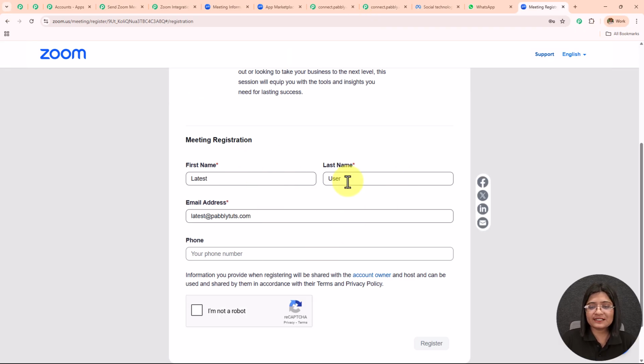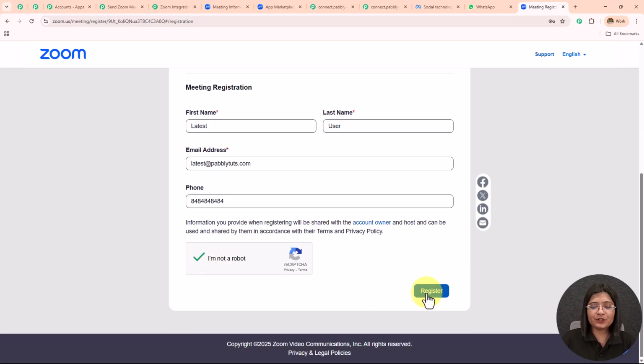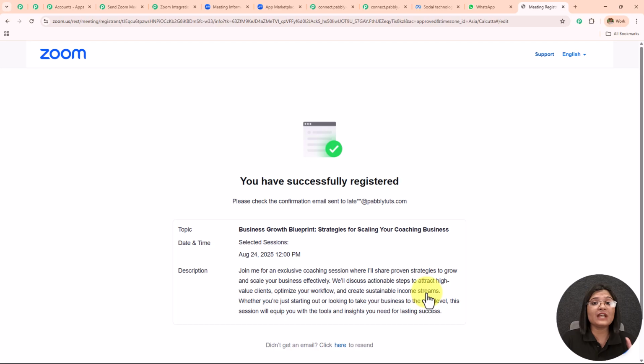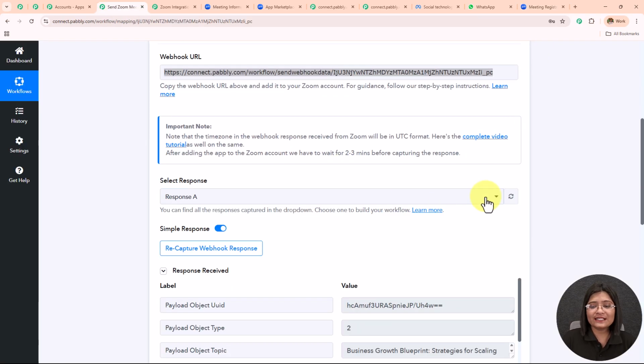The first name is latest user, email address is latest@pabblytudes.com, and I'm going to enter my phone number as this one, and I'm simply going to click on this register. As soon as I do this, I should have captured all these details to my Pabbly Connect workflow. So I'm going to open my workflow now and check whether I have received all these details here or not,